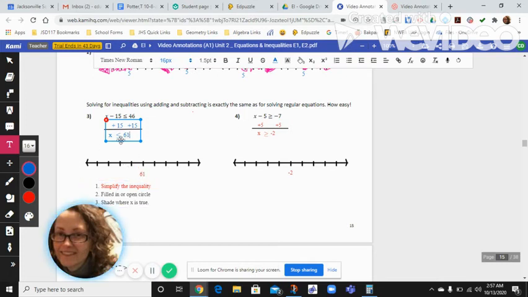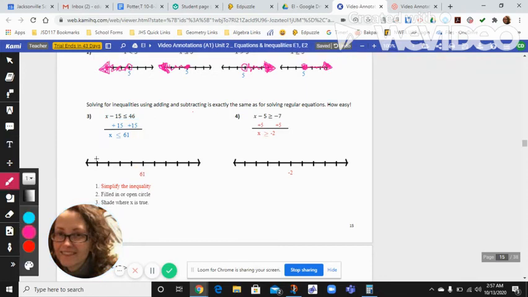So 61 is my critical number. I want to have a filled in circle because I do have an equal to sign with this inequality. And then I want to go less than